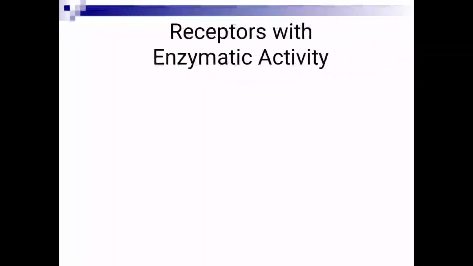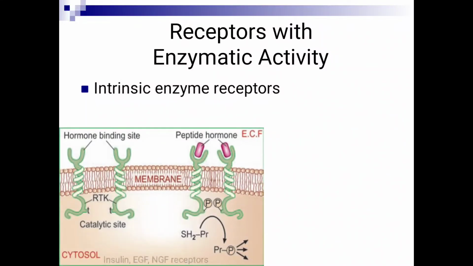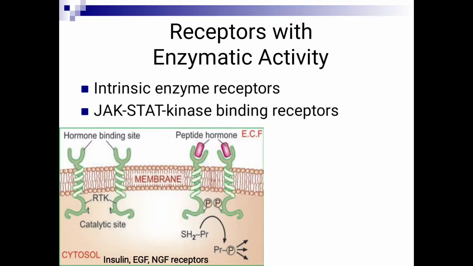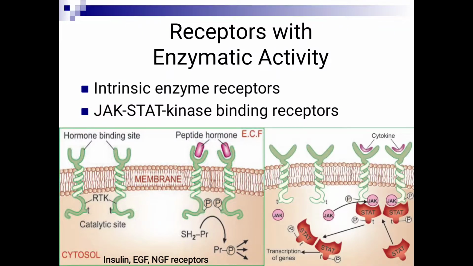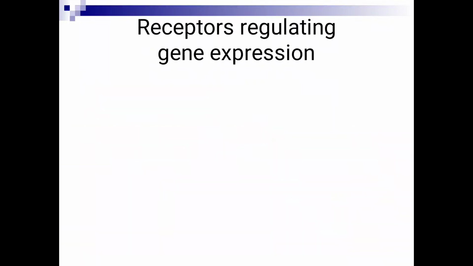Now receptor with enzymatic activity, so there can be intrinsic enzymatic receptor या फिर JAK STAT kinase receptor. In both of these there are two helical membranes. When the ligand is bound, so dimerization of the membrane, phosphorylation of tyrosine kinase and protein kinase, and response is produced. Here also, when agonist is binding, dimerization of the helicals. JAK means Janus kinase activated STAT, means dimerization of the STAT and phosphorylation of the STAT and produce the effect.